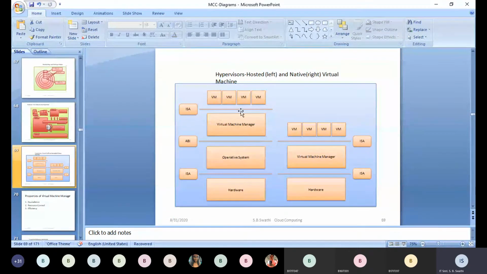Binary translation means they can execute multiple instructions at a time from a single guest, whereas in interpreted, they can execute only one instruction at a time from a single guest. So these are the categories of the hypervisors. Native is type 1, and hosted is type 2.